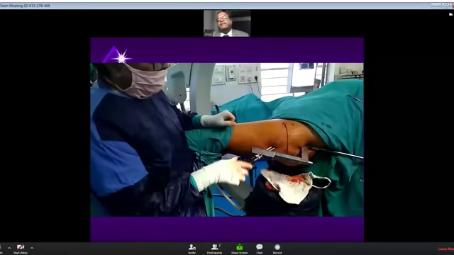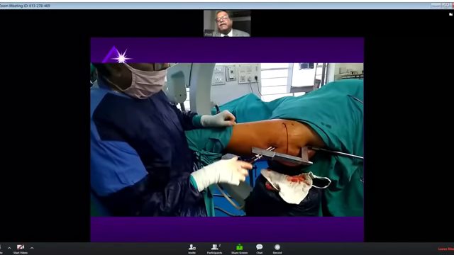How do I compact this fracture? As I said earlier, after I pass the guide wire and the nail, I release the fracture slightly. Then I pass the superior screw first, and then I pass the inferior screws halfway through. Once I pass the superior screw halfway through, I release the traction. I compact the superior screw first. See that the length of the superior screw is proper. Then I will use the inferior screw accordingly.